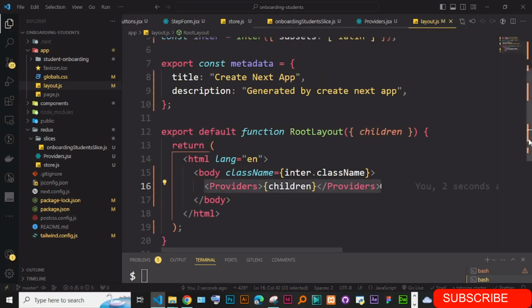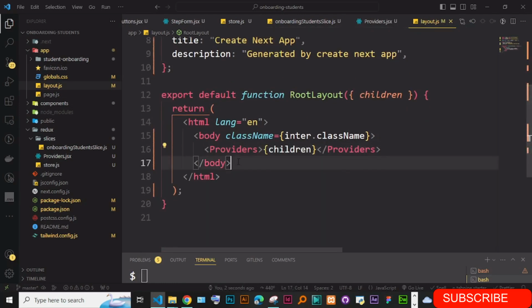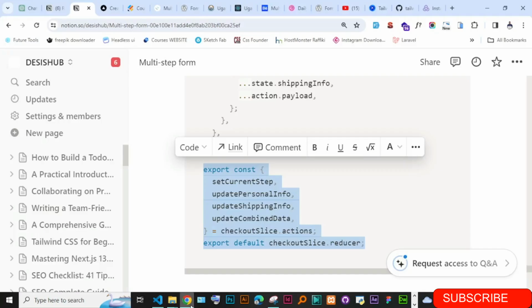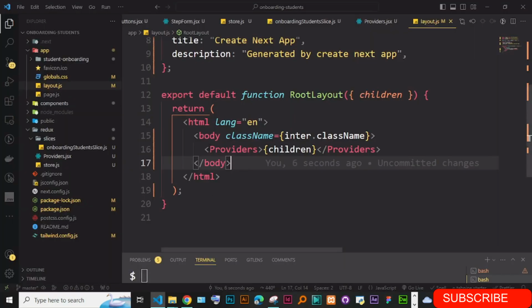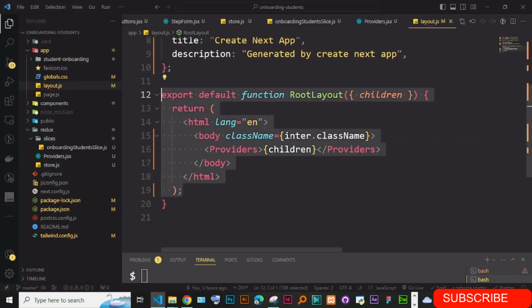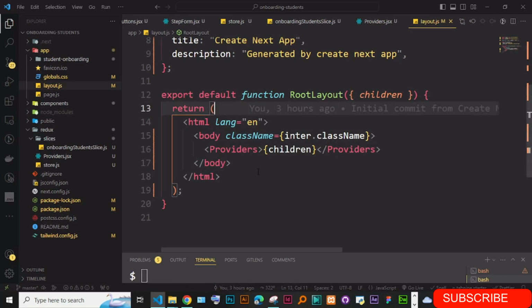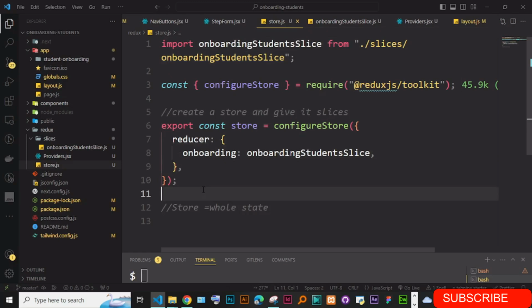Okay, so now this is putting it to work. After you have created your provider, link it to the entire app, so this whole entire app has access to the store. So how do we use the store? For instance, where we are getting,